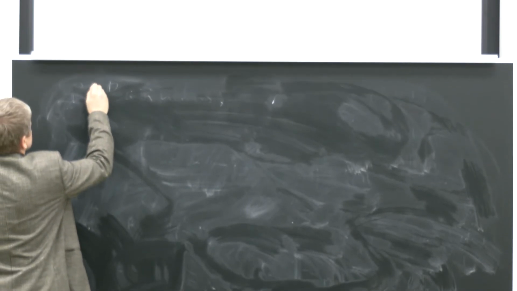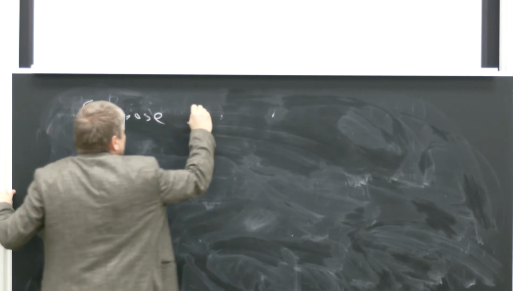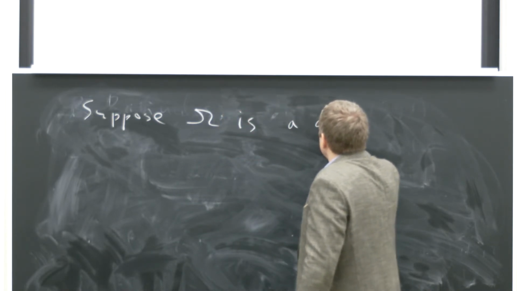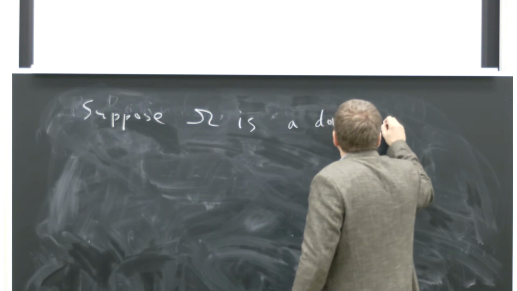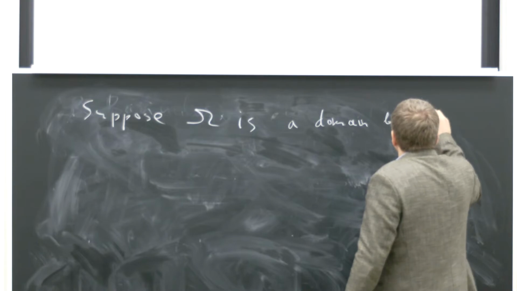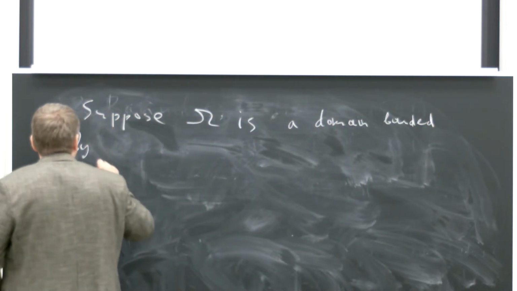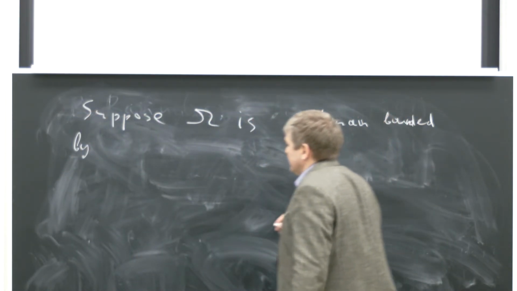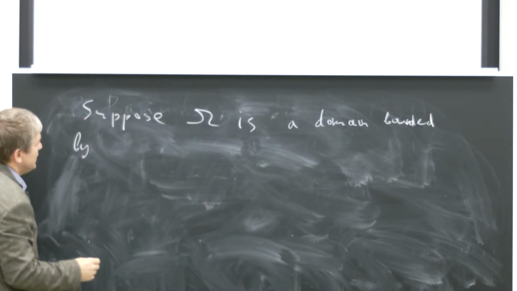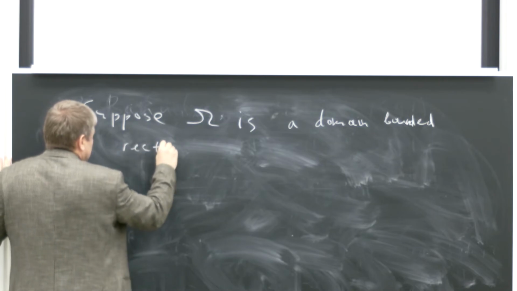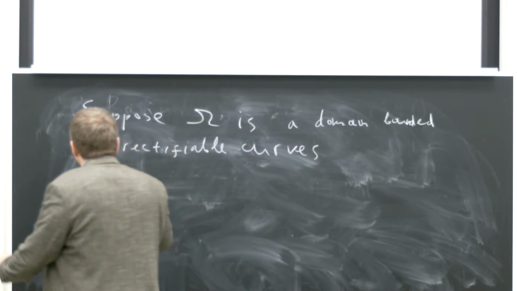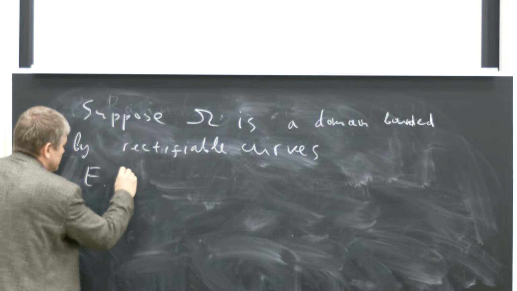Okay, suppose that omega is a multiply connected domain, bounded by rectifiable curves. Then Dolzhenko, Evgeny Prokopievich Dolzhenko,